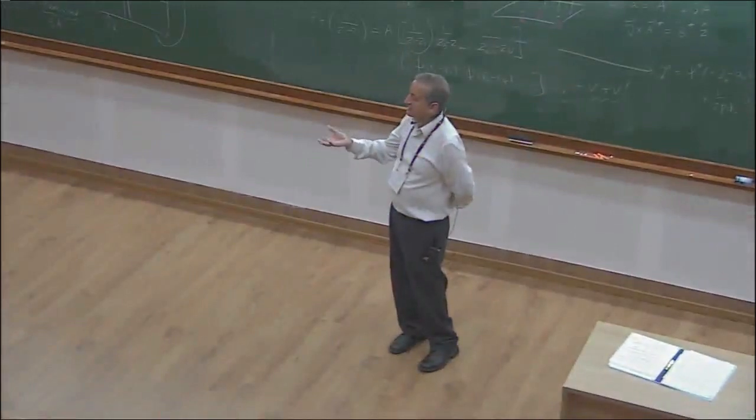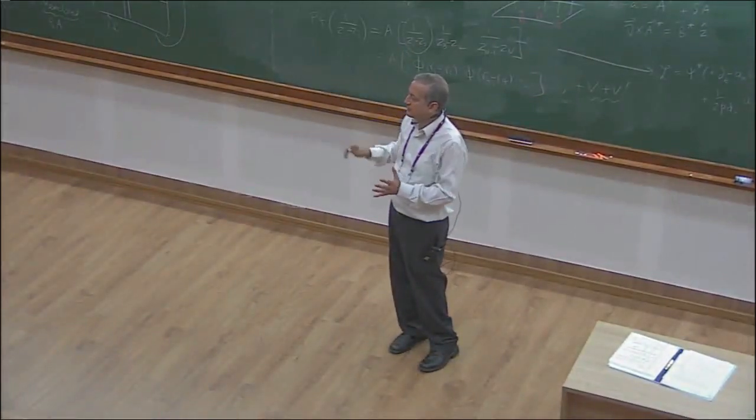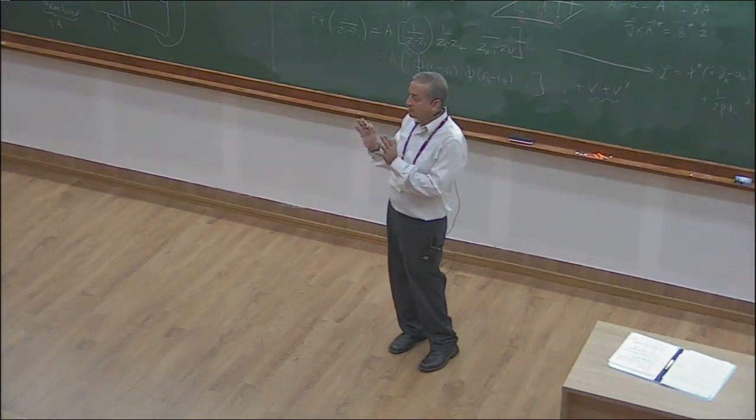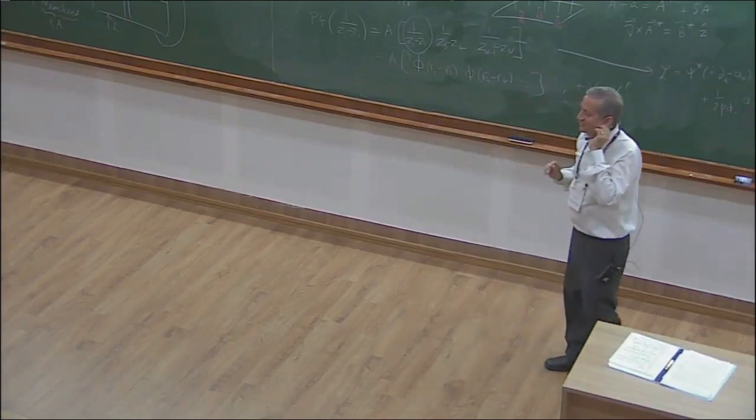But there is no sharp transition. So this is not a superconductor. It's not a superconductor of electrons. It's a superconductor of composite fermions, you may say. So what happens is that